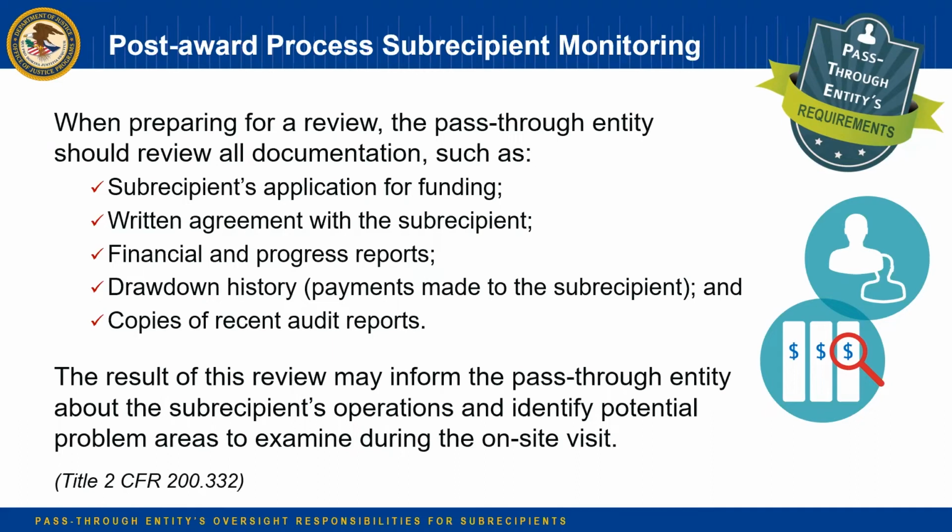And then look at their drawdown history. Are they drawing down consistently? Are they drawing down what appears to be too much or not enough? I'll give an example of one situation where I saw they were not drawing down enough money. Based on the salaries and wages on this particular grant program, along with those fringe benefits, it looked like they had drawn down like 80% of the award in salaries, and I want to say only 15% of fringe benefits. So that required an investigation to see what was going on,